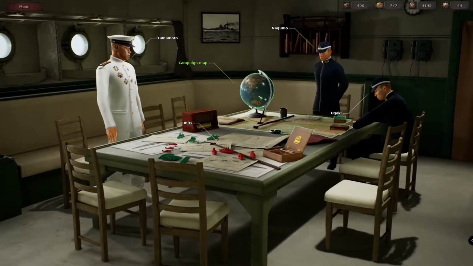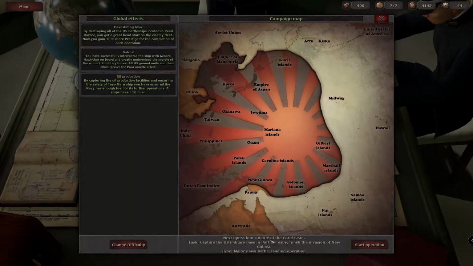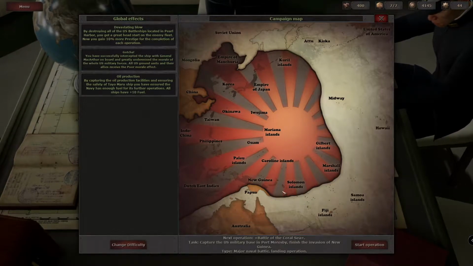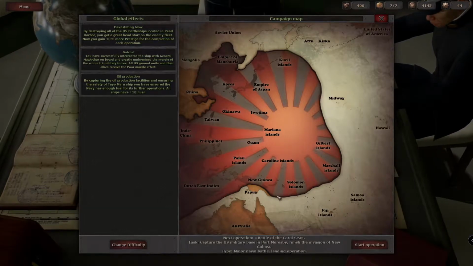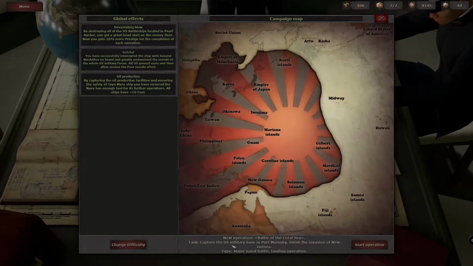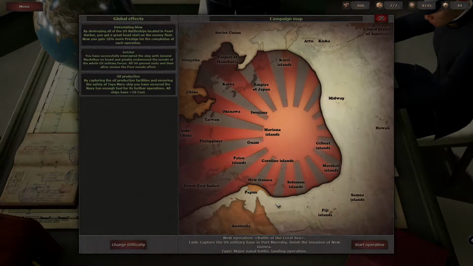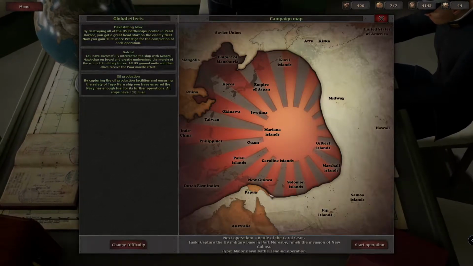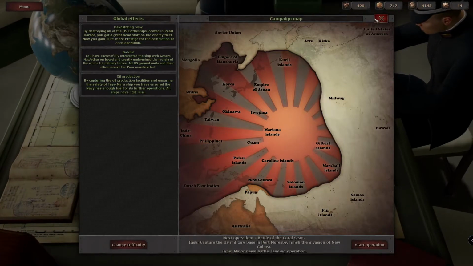So we are right about to engage in the next mission, the Battle of the Coral Sea, which is like here, east of New Guinea, or Papua New Guinea. And we can expect to have a land battle, capture the US military base in Port Moresby. Finish the invasion of New Guinea. So we'll have some land battles, but also a major naval battle and a landing operation. So that will most likely be a pretty tough one,